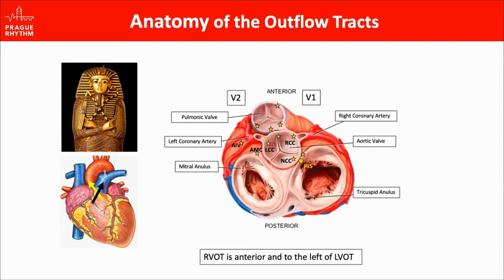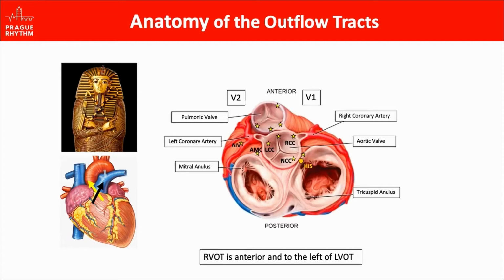The right coronary cusp is more anterior and rightward to the RVOT, the LCC is more on the left and in close proximity to the anterior part of the mitral annulus, and the NCC is more posterior, and it's the most inferior cusp of the